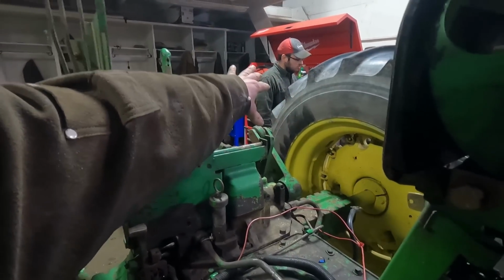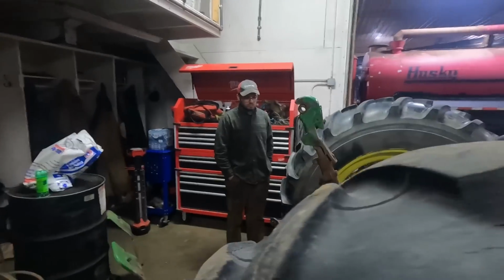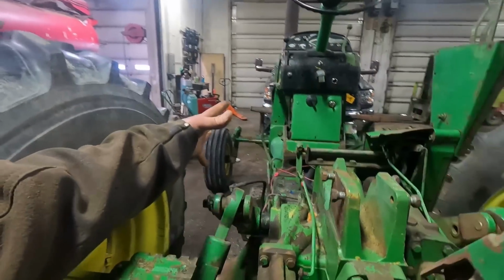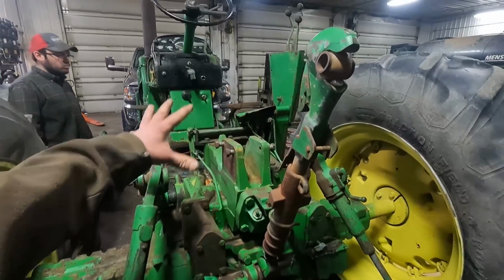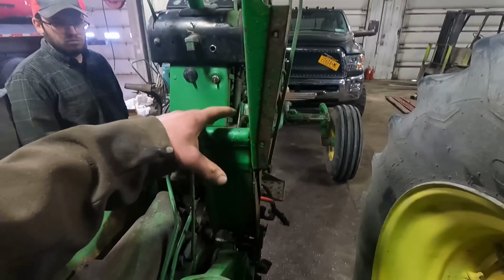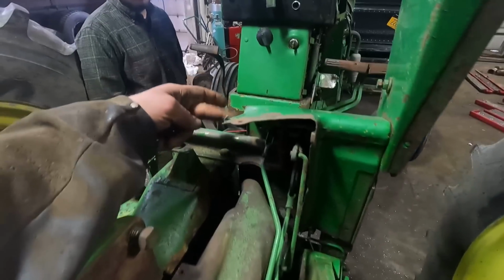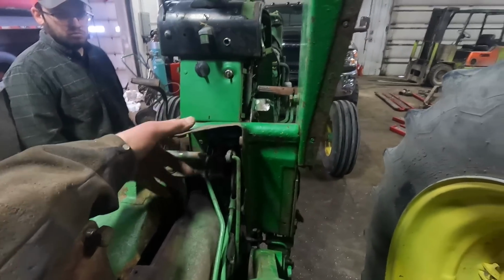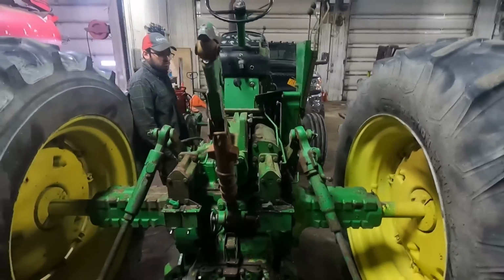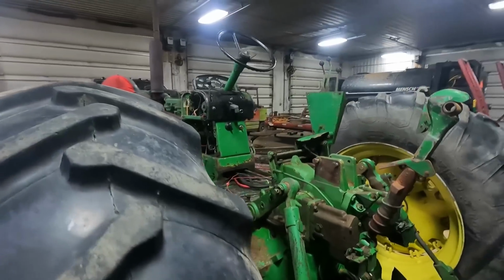He's ordered the new rock shaft sheet metal, which is a panel that comes up around this left-hand side and then around the right-hand side. But we're having trouble finding this here, and he wants to replace this. This is bent, it's rusted, it's wore, and it is what it is. So that's gonna about wrap up the update here on the